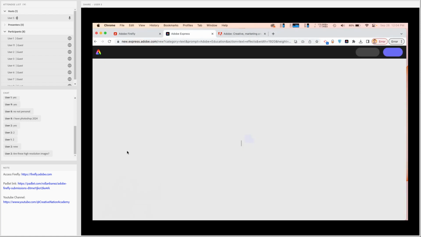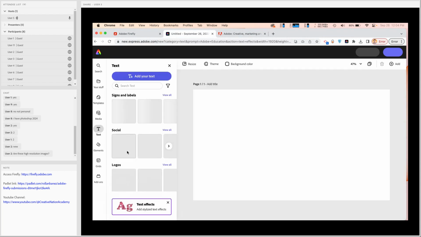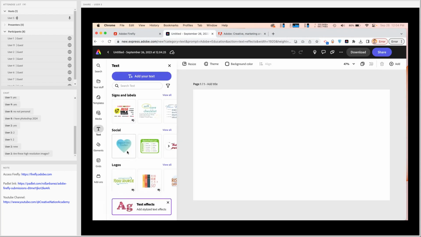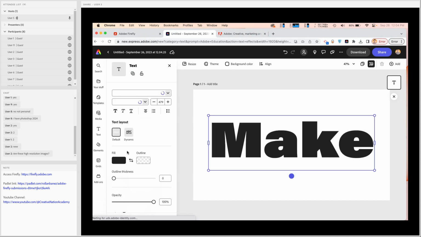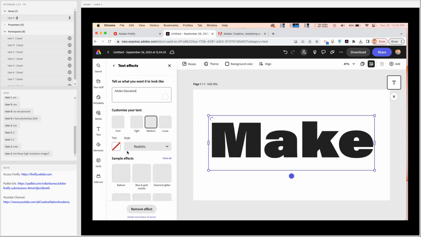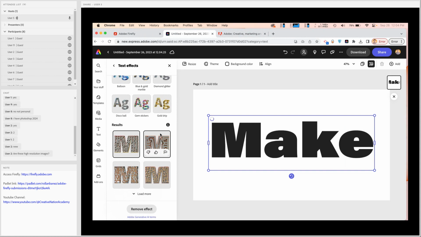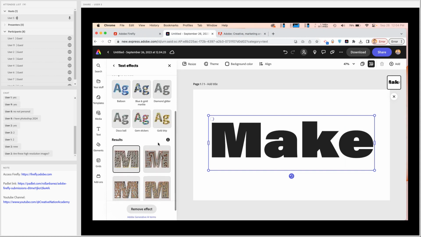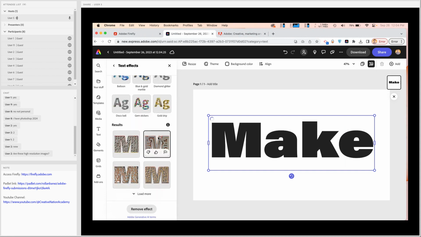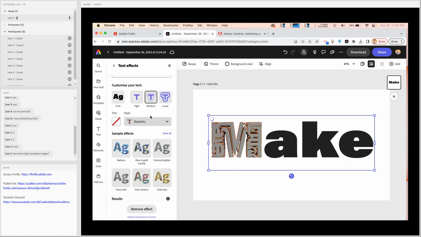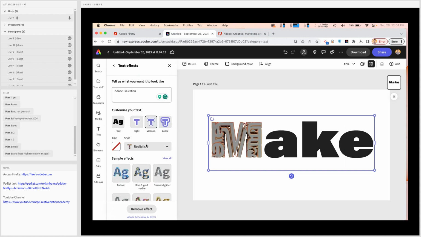And again, it's almost the same experience with the text effects inside of Firefly, but right now we're using it inside of Adobe Express. And as you would see, this one is a full-fledged web application on which all of the familiar settings that you have on Firefly have been brought over, together with lots and lots of things that you can customize. For example, we have lots and lots of results here. You can load it. You can choose the type of styles.